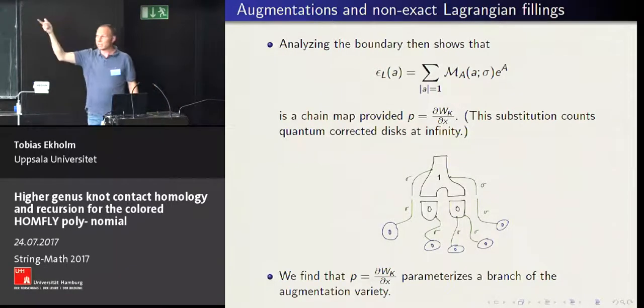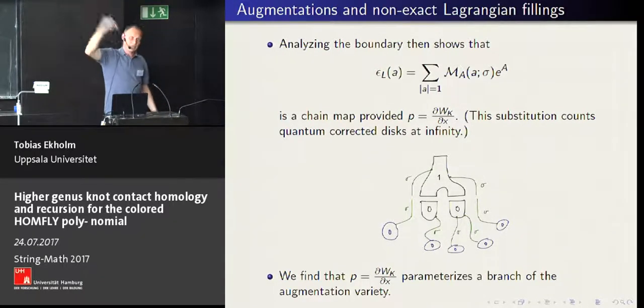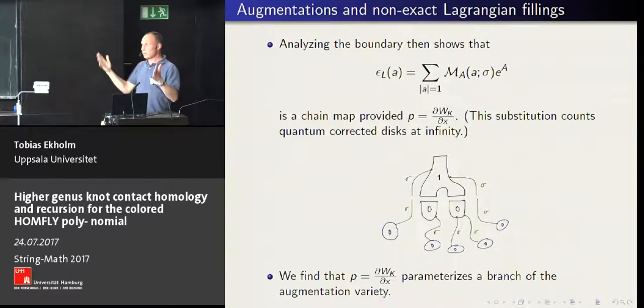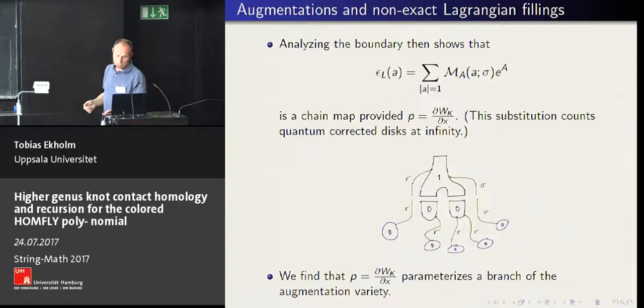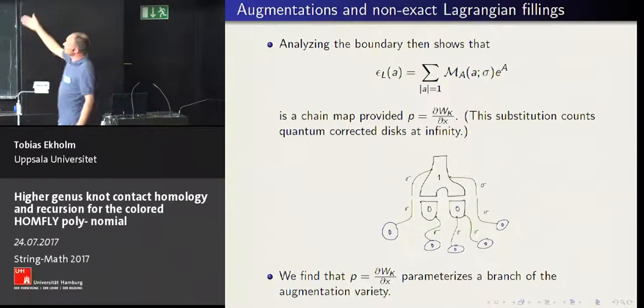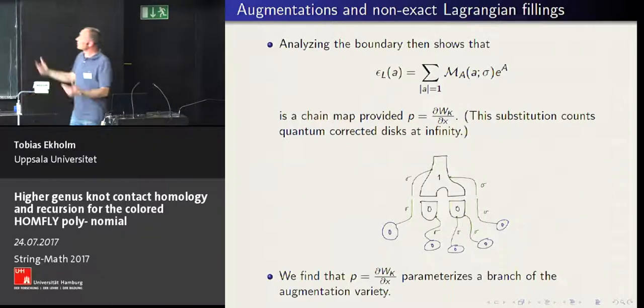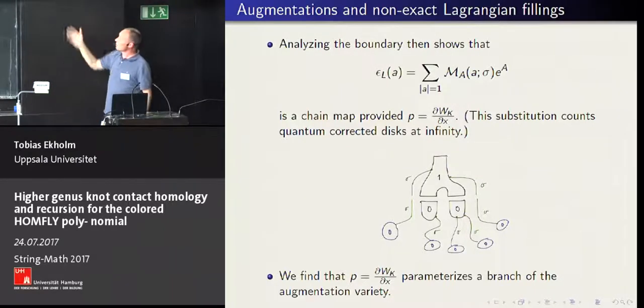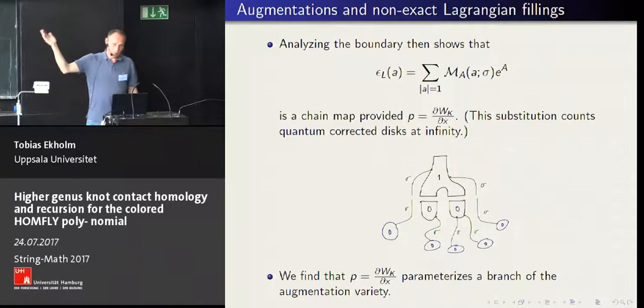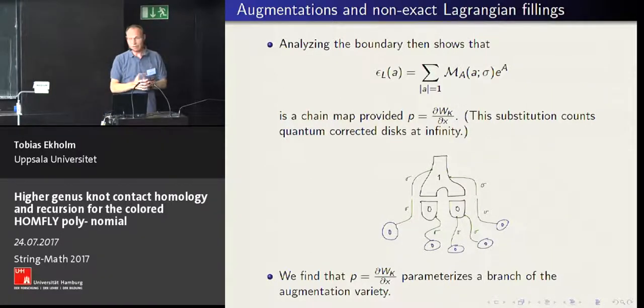So if it wraps k times around, the derivative brings down a factor k, which should be multiplied by the factor of p we have in order to count these things. So this sort of corrected augmentation shows now that the Gromov-Witten disk potential, the derivative of it, locally parameterizes the augmentation variety. So now,